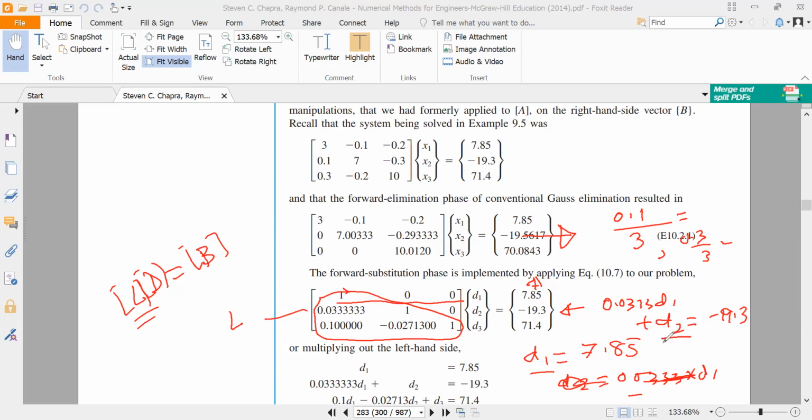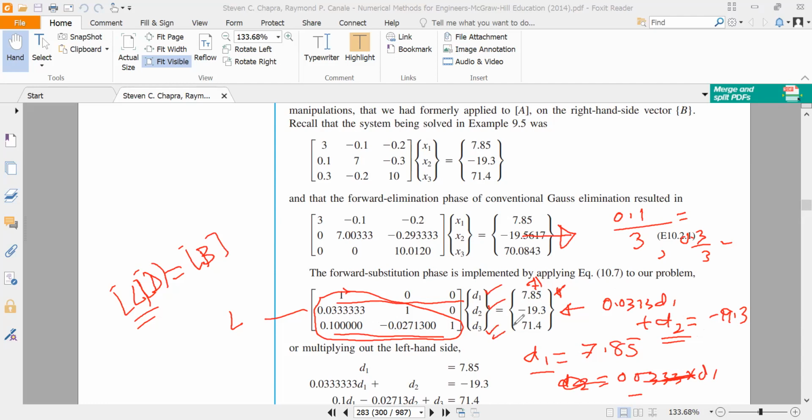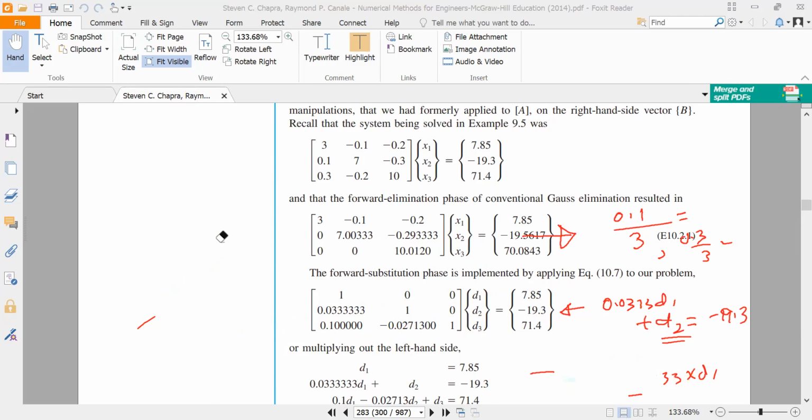Then you can solve for D1. Similarly, you write your third equation, okay? You multiply this row with this column. Here in this case, D1 is already with you, D2 is with you, then you can solve for D3, okay? Once D1, D2 and D3 are available to you, then you will have another set of equations